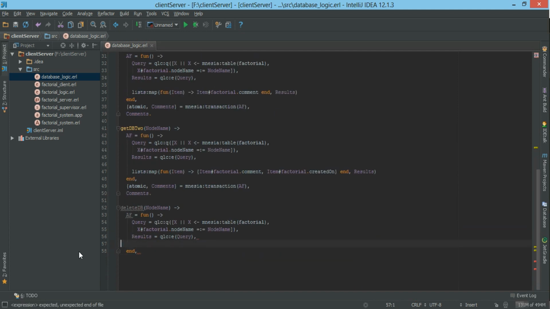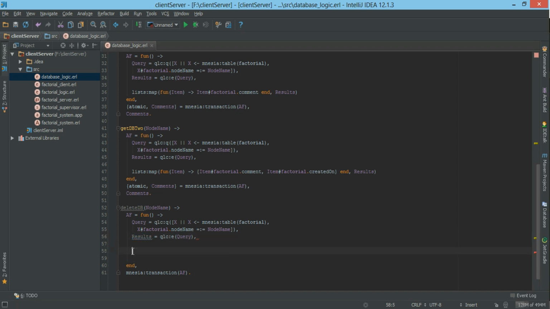We don't need the list this time, and the usual ending is to call mnesia:transaction and send in the AF, the anonymous function. And now we simply get the query and execute the query, put the result of the executed query into results,